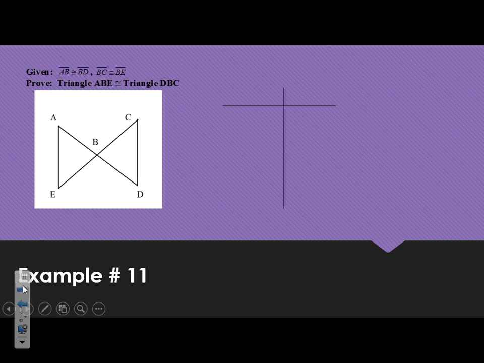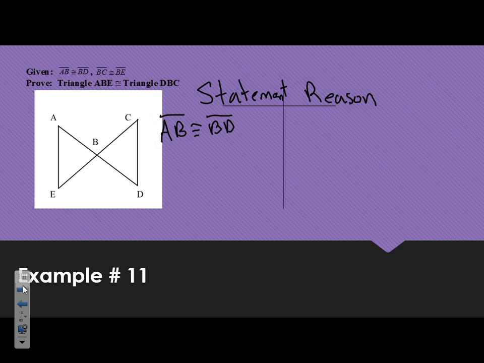So there. Right away, statement, reason. First thing I would put in is all my givens. So AB is congruent to segment BD, and BC is congruent to segment BE. Given. So I know AB is congruent to BD, BC is congruent to BE, and then we go here